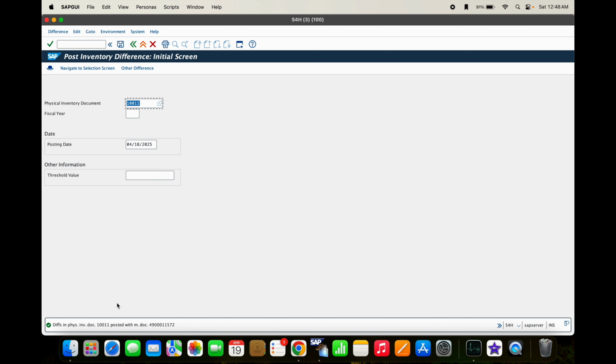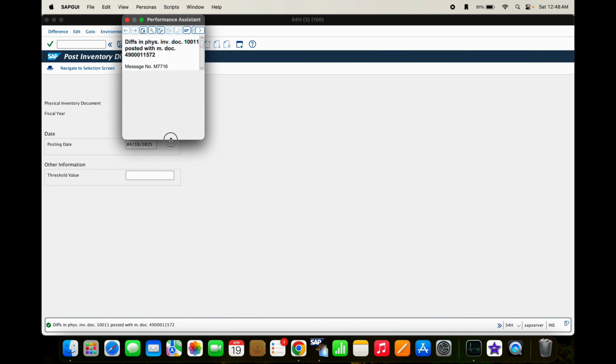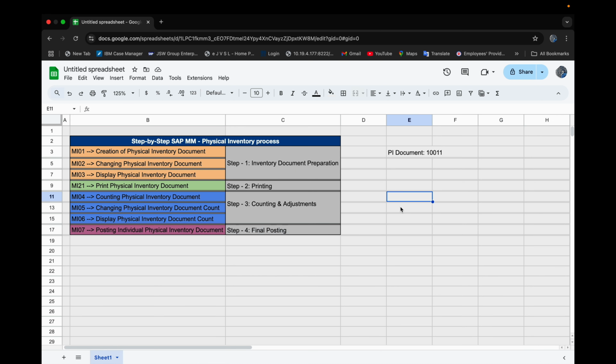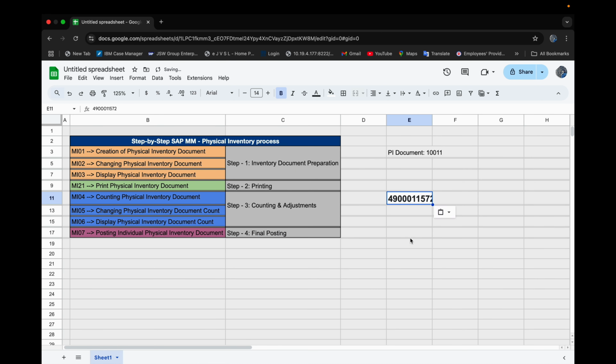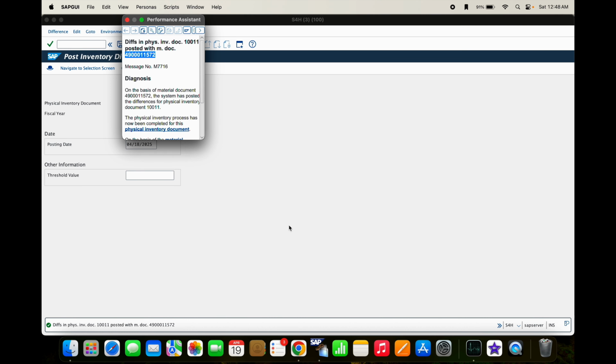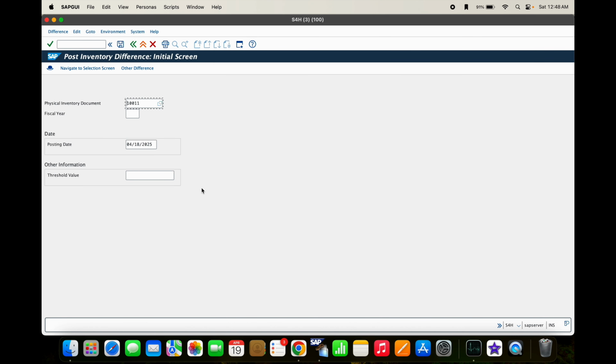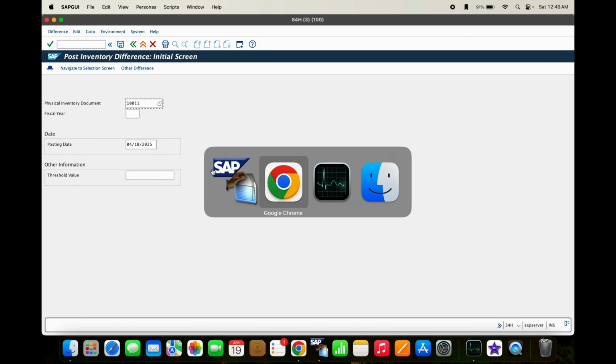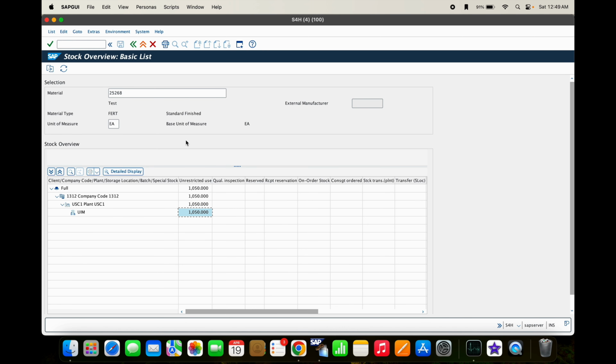In this process, a physical inventory posting document has been created. This is the document number for that. I will copy this one. And I want to see in the inventory what the 50 stock is that will be reduced in our inventory. For that I will go here and just execute. Out of 1050,